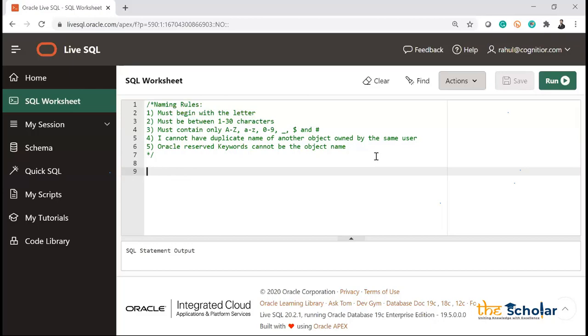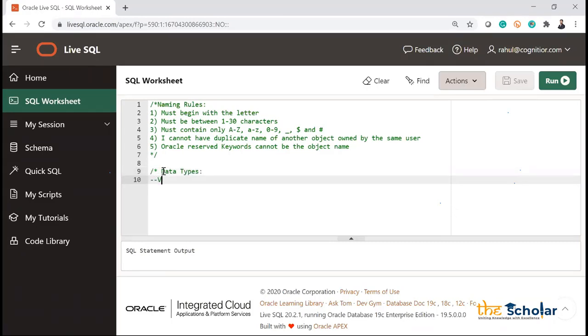Now, let's say I want to create a table. Okay, so when I want to create a table, I have to put the data types, right? Each column should have its own data type. So there are different types of data types which we have in Oracle, same way we saw in Python as well. So the data type which we have, first is var, and I have to give the size. Now what is a var? It's a variable length character.